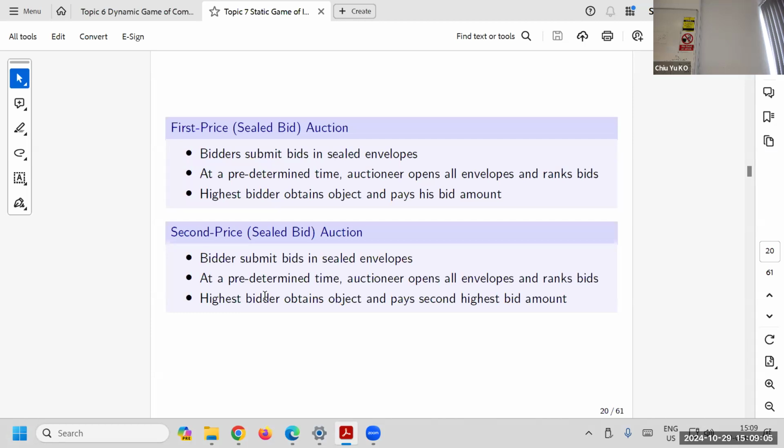But this one turned out to have no strategic element, because you're not paying your own price, so you don't need to worry about it. So that's why this one will be more preferred. Later you will see in many cases you will prefer this one. But of course, there are some cases you will prefer the first one, but this is not the thing we cover.